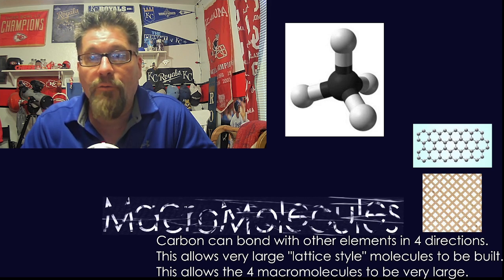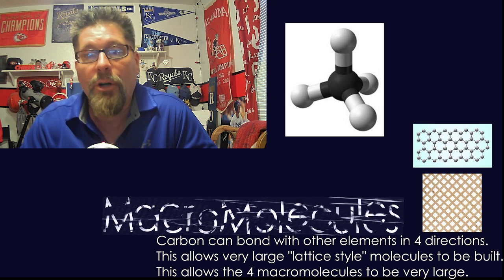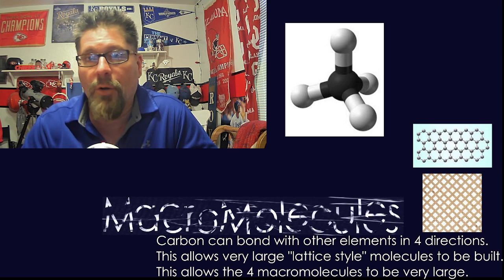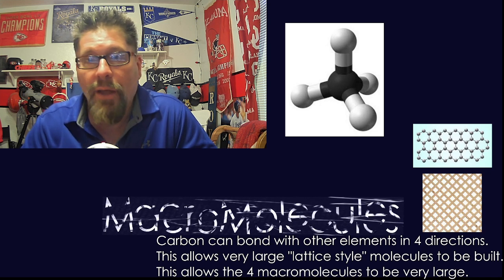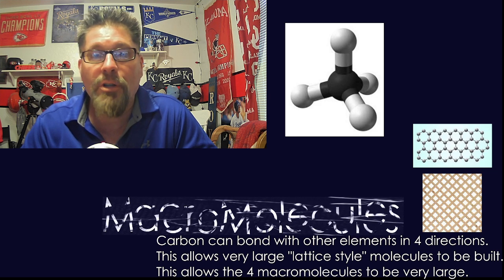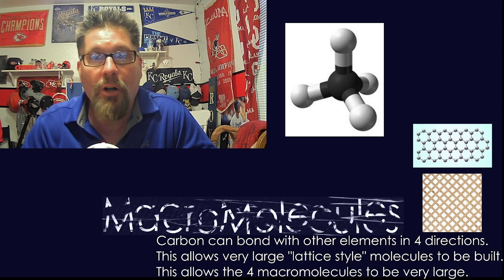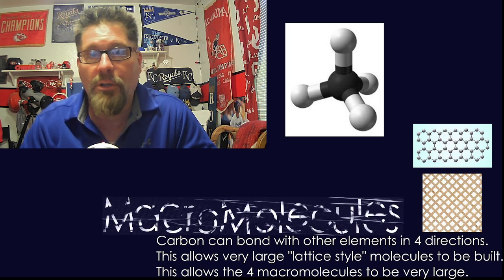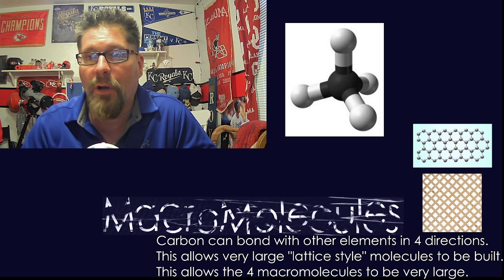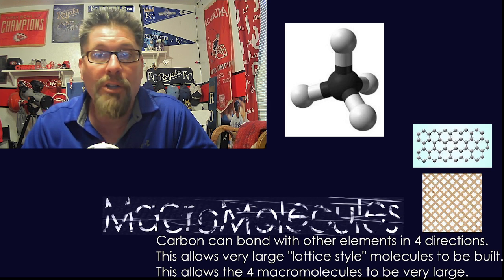But when you can go in all four directions, you can build what we call lattice type molecules. And if you know what a lattice fencing is, or a lattice gate, you understand that context. The bottom picture is a lattice screen going in all directions. In other words, if you can build up and down and right and left, and you can keep adding on to that, you can build enormous molecules. The middle picture is a carbon lattice molecule. It can just build and build and get as large as it needs to be.